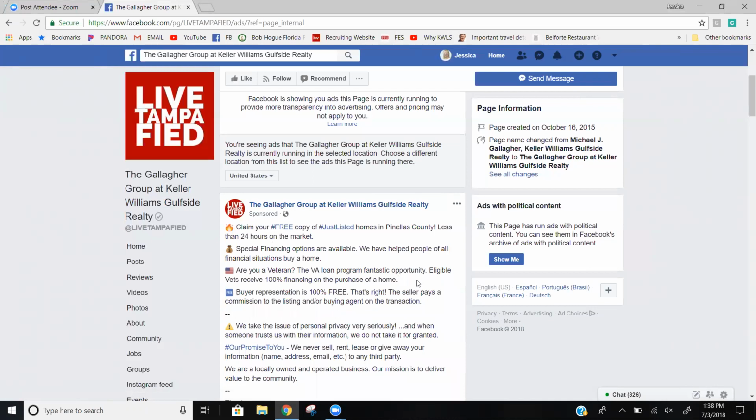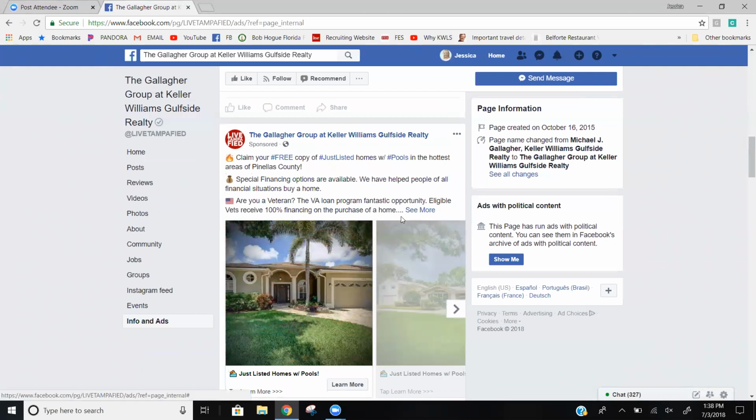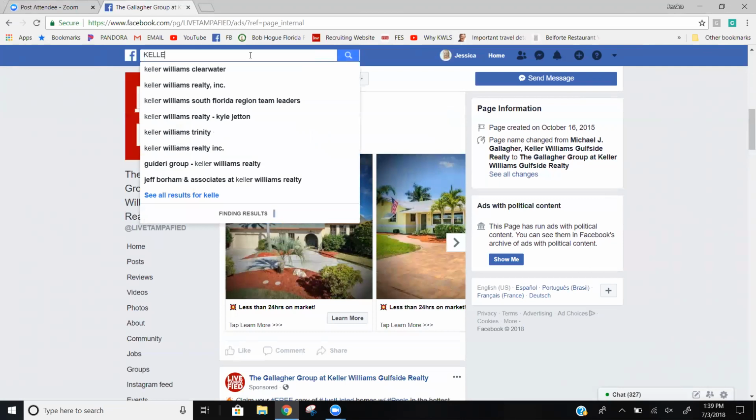Nobody's told me, I haven't seen anything ever to say that you shouldn't do it. So there is a limit on tags that they say then detracts. However, what I do, I haven't seen anybody say it's bad yet. So I keep doing it because it seems to be working for us. But here's some, Live Tampify, they always have great social media presence. So I love looking at them. Let's look at,